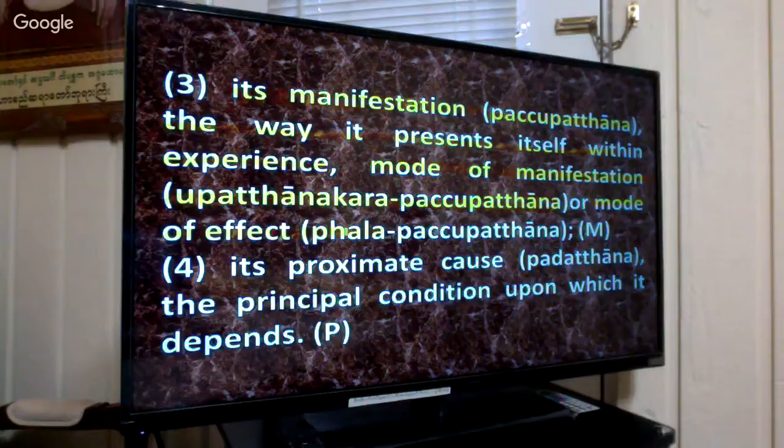Sometimes we experience just the way the meditation object shows us. Sometimes the result of the meditation object. Yeah. The result means